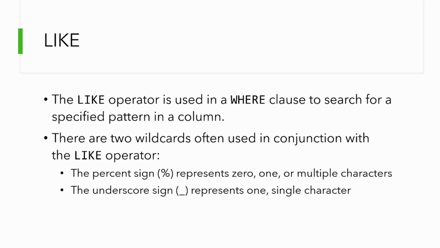Next is the like operator. As the word says, like means it's something like this. You use it inside the where clause. Let's say you want to search for something. Like I want a person whose address is in London. An address contains a lot of things, but the address ends with London as the city. So you use it to find in such a way.